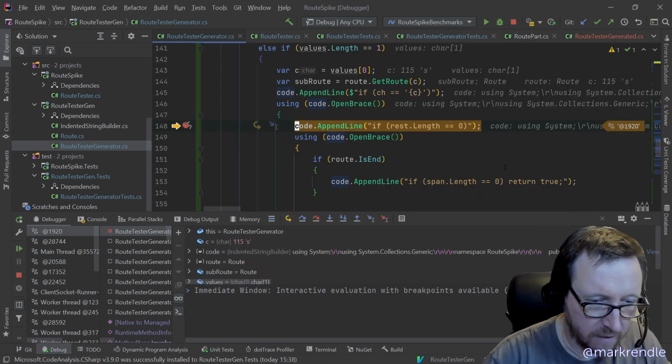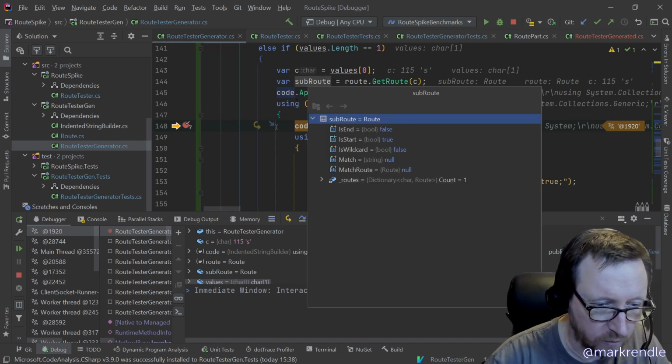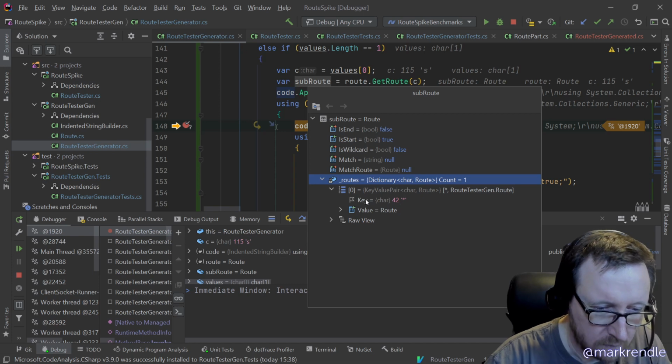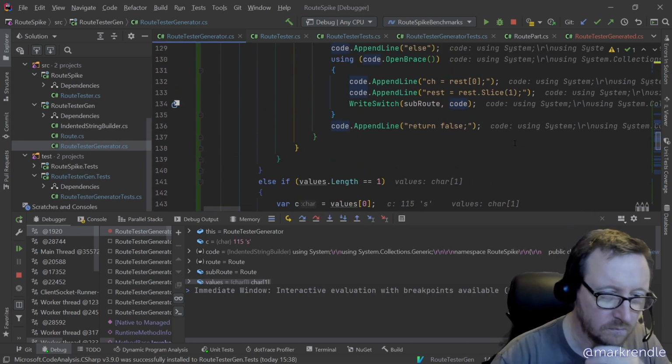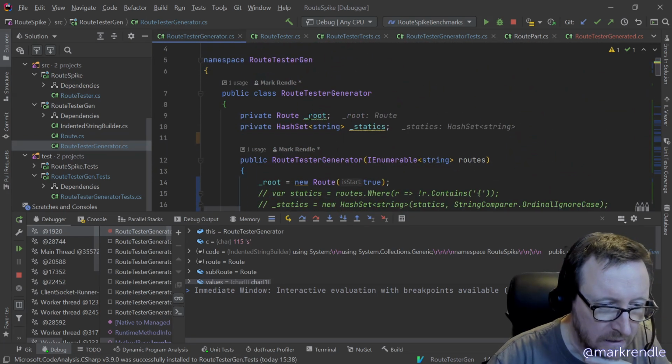Okay, just carry on. Okay, so now my subroot is star, is asterisk, root,